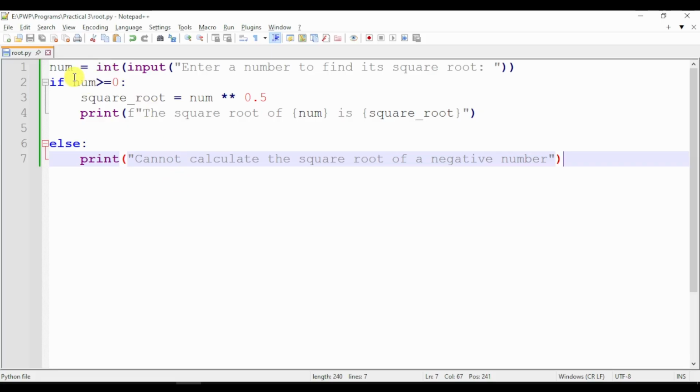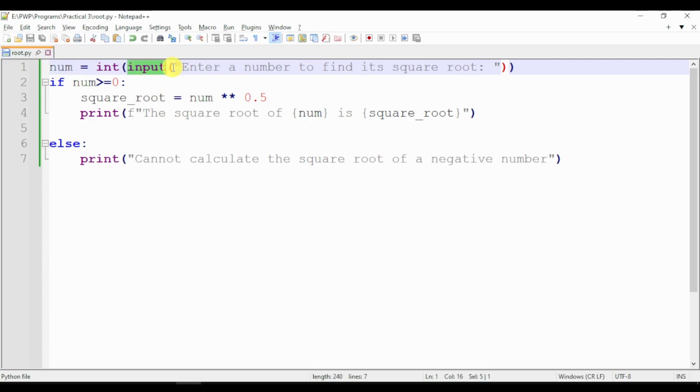So first, we have to accept a number from the user. So for that purpose, we have to take a variable, that is num I am taking, is equal to, we have to use multiple functions here. So int will be converting the entire parameter bracket into integer value. Then we have second function as input. So whenever you want to take input from the user, you have to use this function, that is input, and